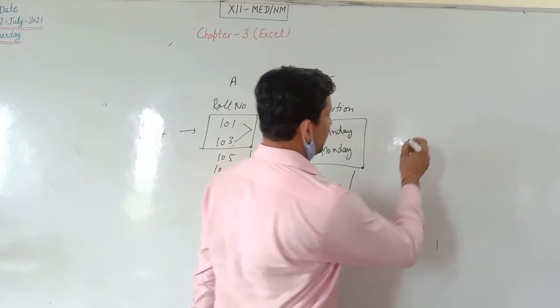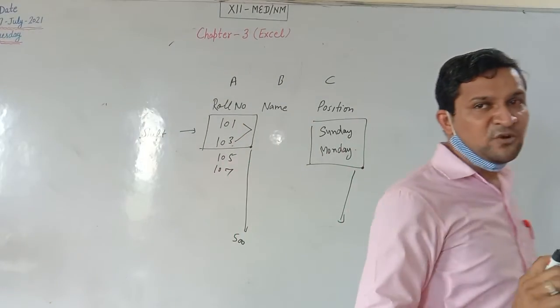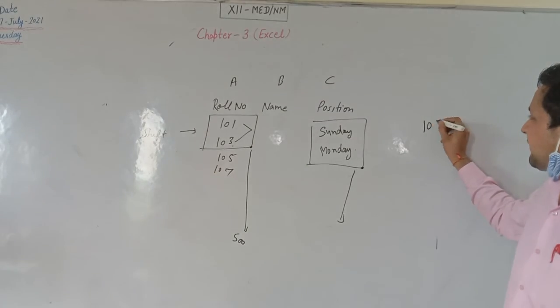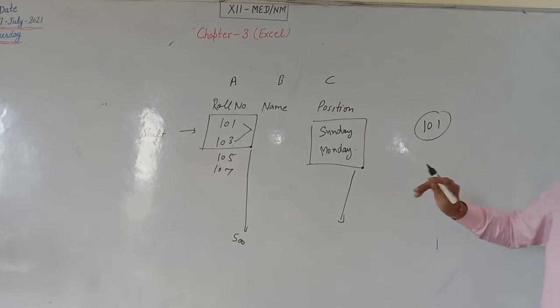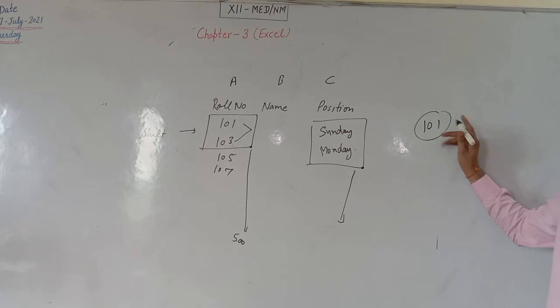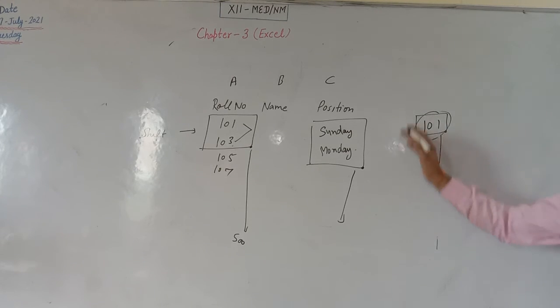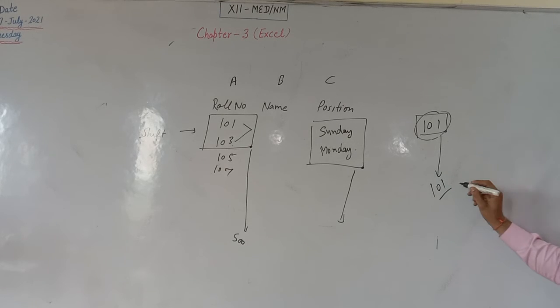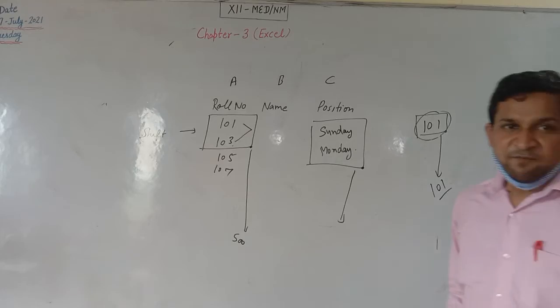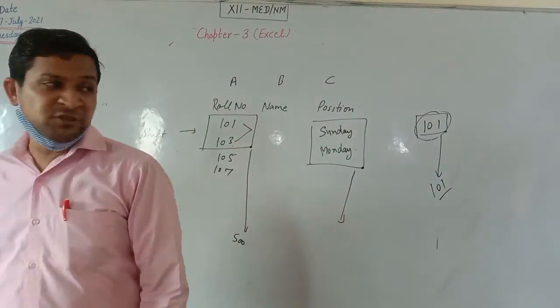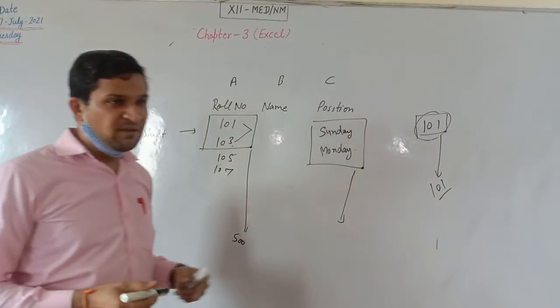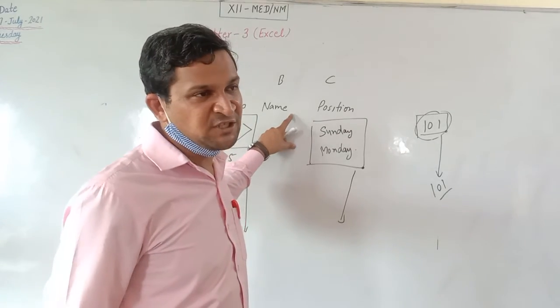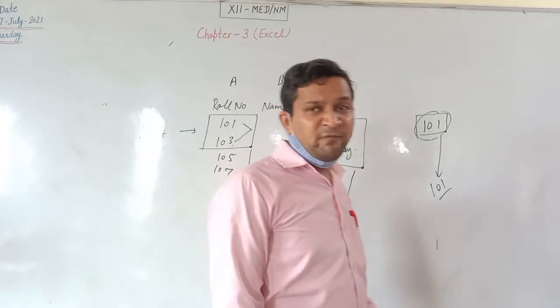Same is for alphabetic values. Suppose you want to write the same value again and again. You want to write 101 in each record. Just type it in one cell and drag it from this area. It will automatically copy the value 101 into each cell. For a similar value, you type only a single value. For a series, you type two values. It is the concept of autofill.